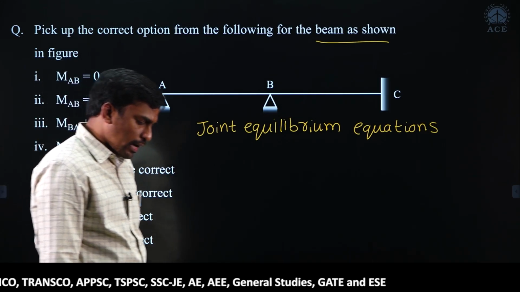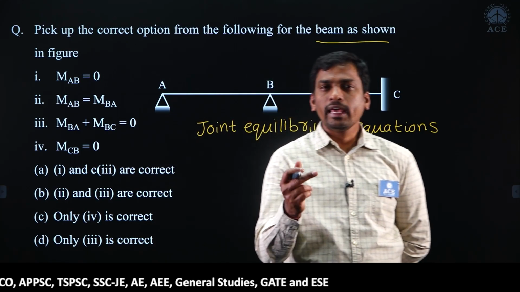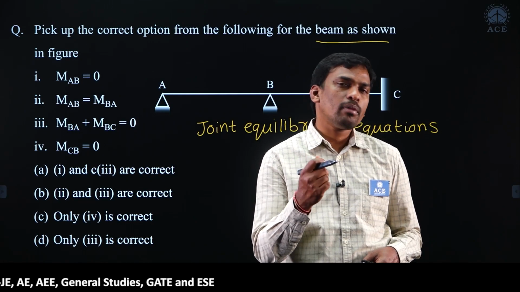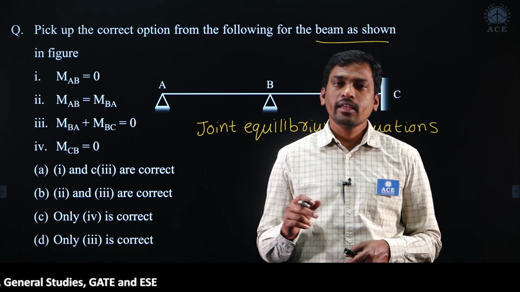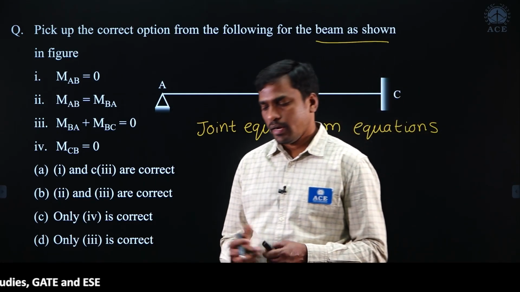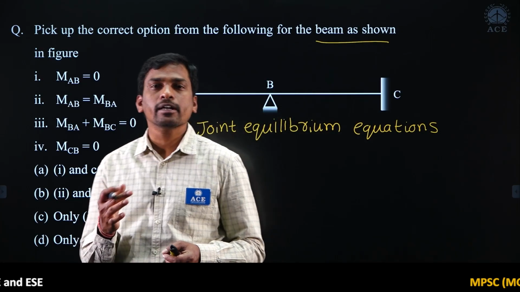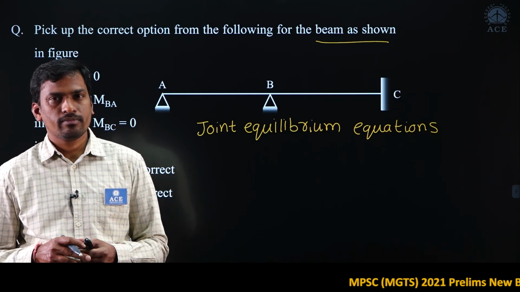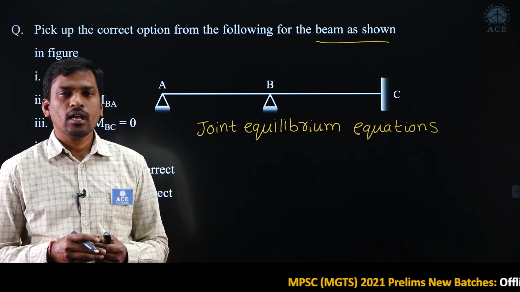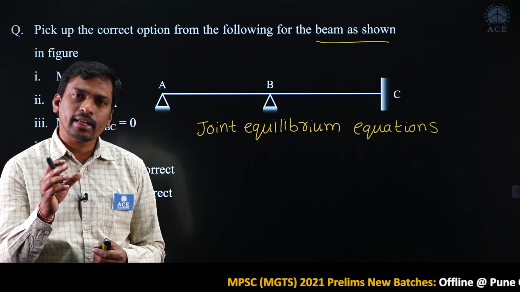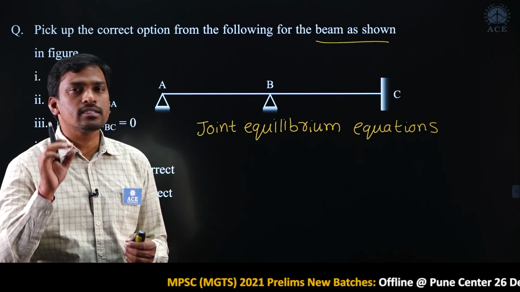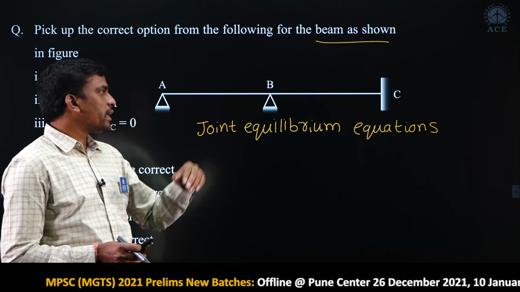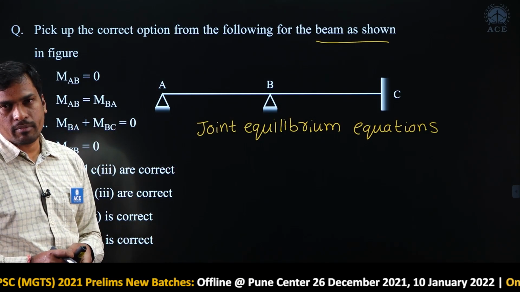Okay, students, I told you how many equilibrium equations are required. How to know? It depends upon the number of unknowns, right? Then how to know the number of unknowns? It equals the kinematic indeterminacy, but neglecting axial deformation. I told you that in the analysis part we always find the kinematic indeterminacy neglecting axial deformation.